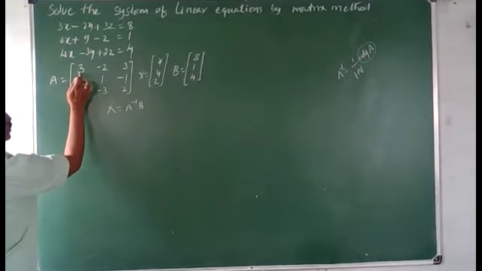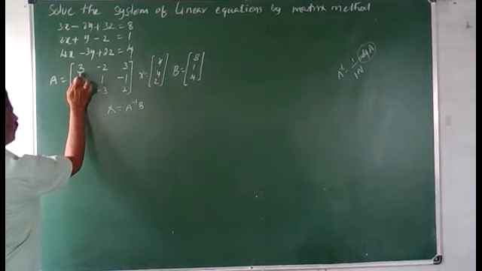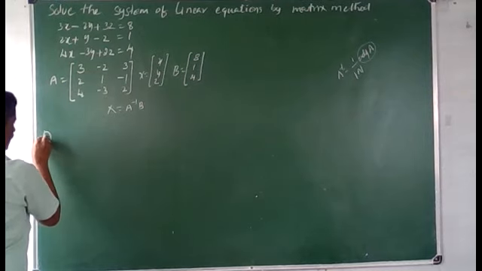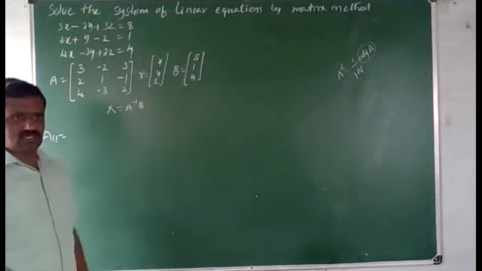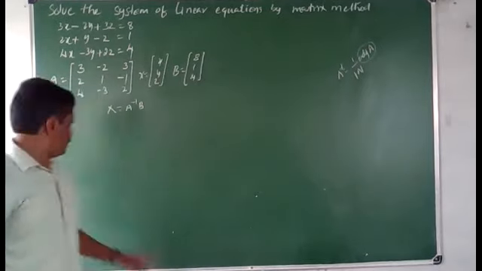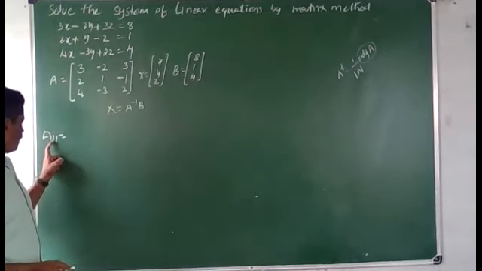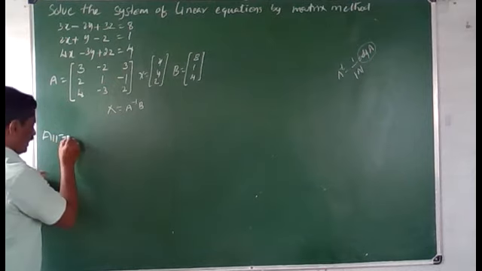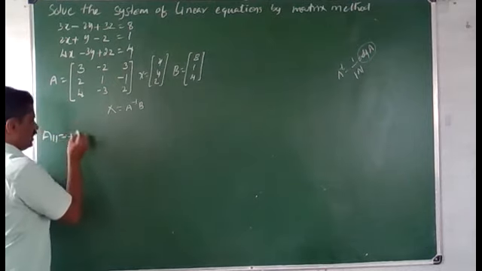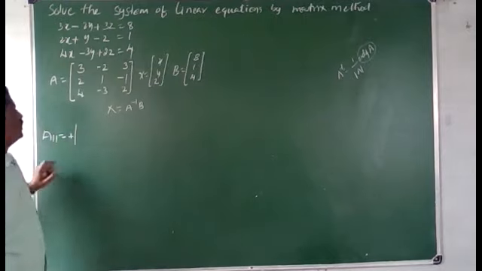So now we'll find the cofactor of a11. We already know how to find cofactors. Substitute 1 plus 1, so that is 2. 2 is an even number, so the sign is plus, determinant of